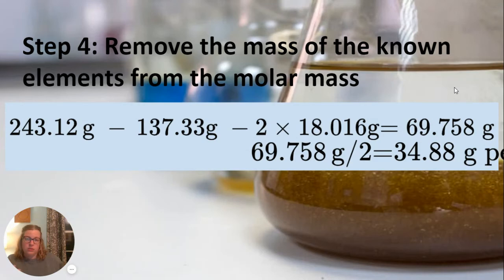Step 4 then is to take away everything from the molar mass that you already know is in that compound. So what I mean by that is this 243.12 grams comes from a barium and 2 waters plus the 2 halides. So if we can take out the 2 halides here, if we can take out the barium,